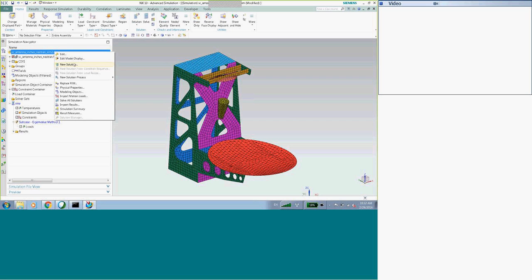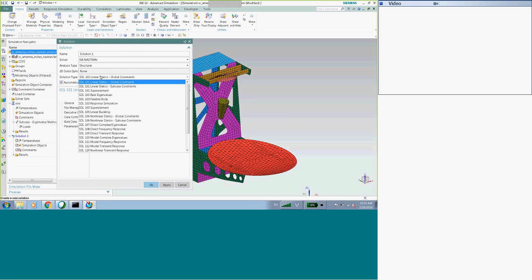Response sim will work, but the response sim DMAP or embedded DMAP will extract eigenvectors, constraint modes, attachment modes into your binary file, and so you're going to get a bigger OP2 file than you really need. And the response sim DMAP might have some limitations or restrictions that the toolkit doesn't have.